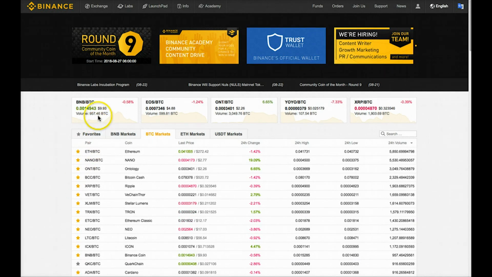A little lower on the page, it will show some featured cryptocurrencies and their stats. And then right below that, you have the main list of cryptocurrency trading pairs by type via the tabs at the top of the list. You have 4 different markets you can trade on in Binance, including the BNB trading pairs, the Bitcoin trading pairs, which is where we'll be focusing most of our trading efforts, Ethereum trading pairs, and USDT Tether trading pairs, which you can access by clicking any of these tabs here.